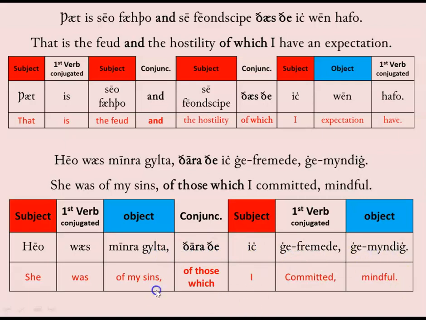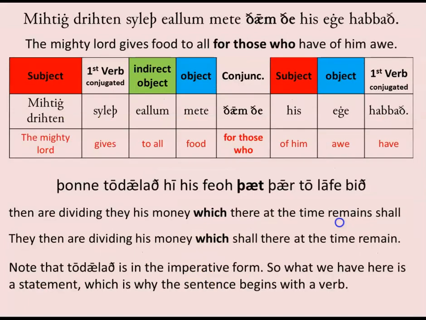So you can see heo was minora gulta, comma, then you see thara the ich yefremede, comma, yemundi. So this time the relative clause, the dependent clause, interrupts the main clause right in the middle of it rather than coming at the end. All my other examples, most of them have been coming at the end. In fact, I think all of them so far. All right, now, michti